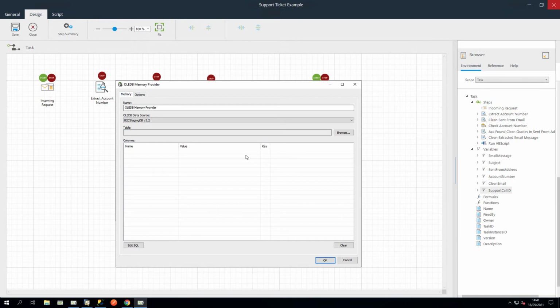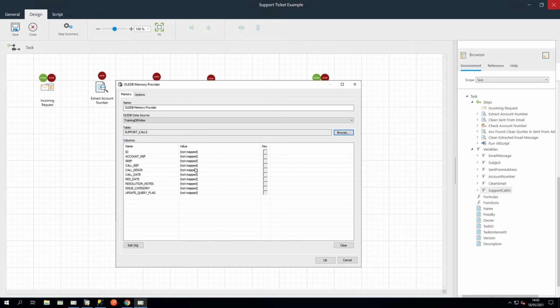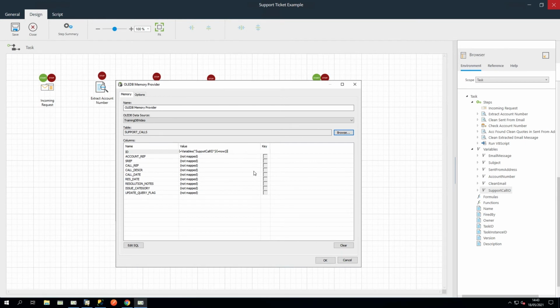In the Memory tab, select the Training DB as the data source and browse to the Support Calls table. Then click OK. In the browser with scope set to task, then drag Support Call ID variable to the ID value and directly after the bracket, type the following. This will put the timestamp after the random number created in the VB script step. Then drag account number into account ref,